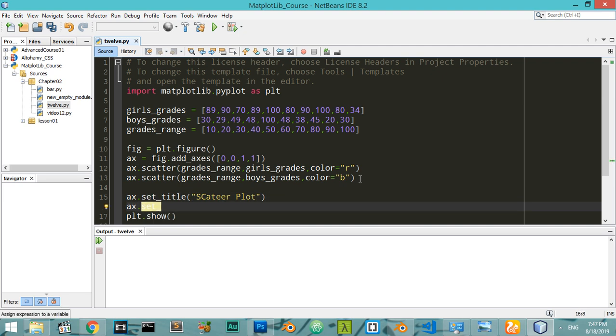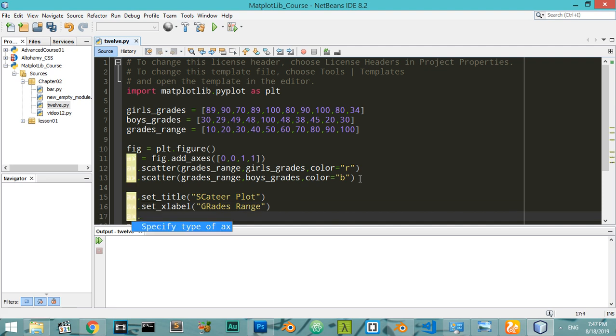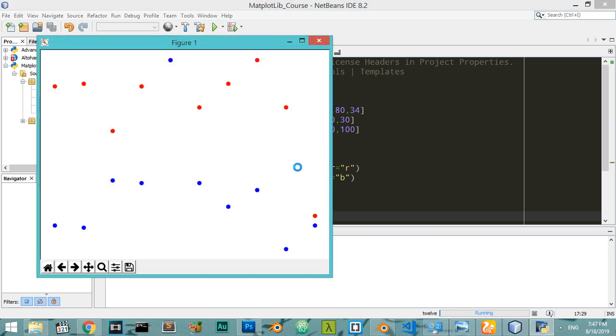And ax.set_xlabel will be grades range, which is here, and ax.set_ylabel will be grades scored. And we now save and rerun this file again, and if you wait, you will see